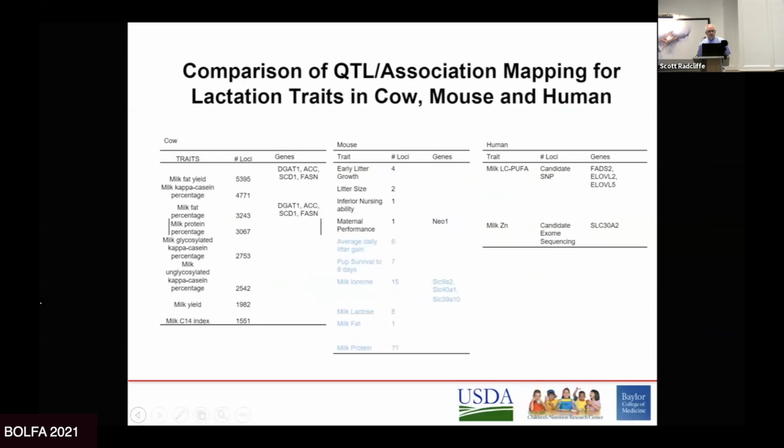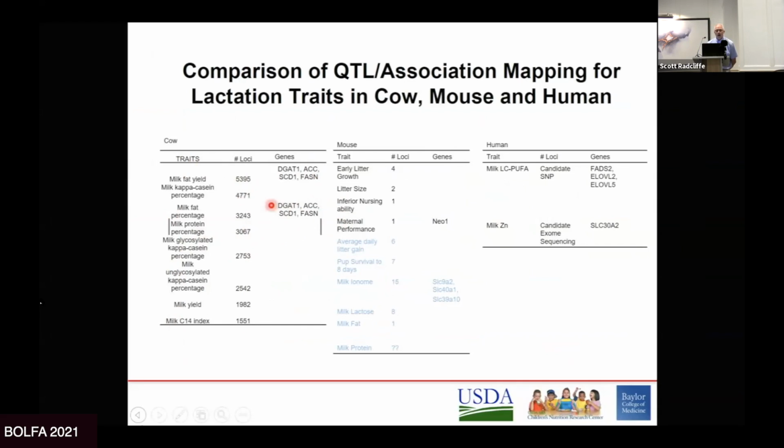This is sort of the state of the GWAS situation when you compare cows and humans and mice. This slide probably needs a little updating. I wonder if maybe when I was rehearsing this, my pointer got recorded. Anyway, you can see it's pointing to the cow table there, and there's about 5,000 to